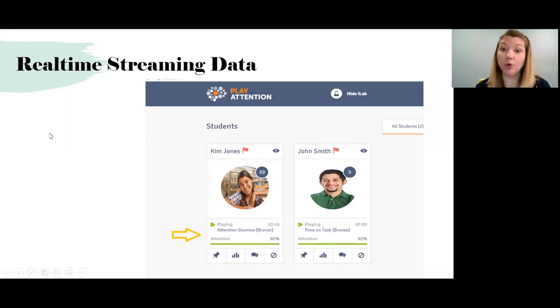Now, as a group training, obviously, like I said before, that's not something we're doing right now, but as we progress and eventually go back to face to face, this would give you the opportunity, for every single individual in that group training, to have access to their real-time data. So you would be sitting at one part of the room and your other students would be in the rest of the room, and you could see all of their data in real time as if you were right beside them.